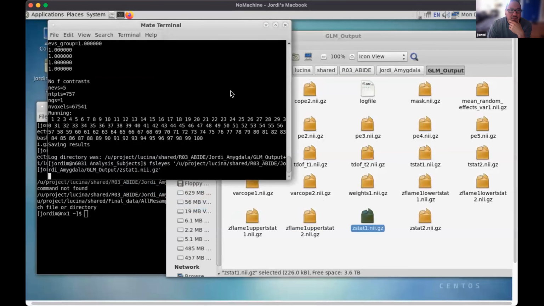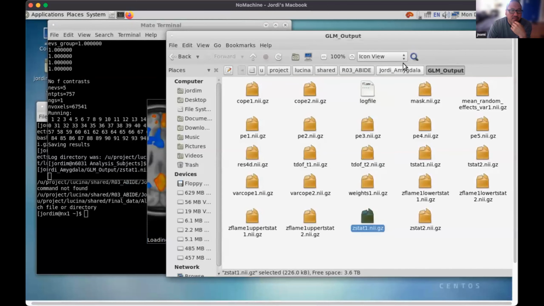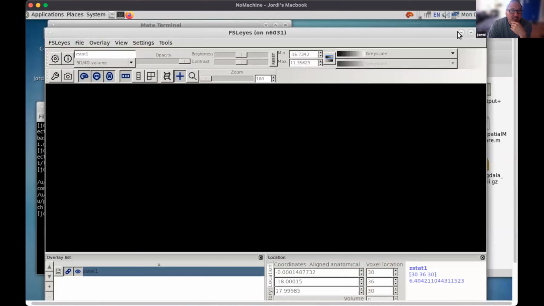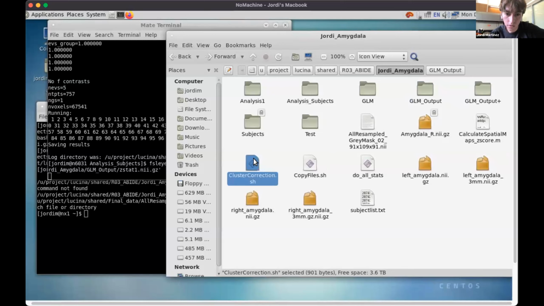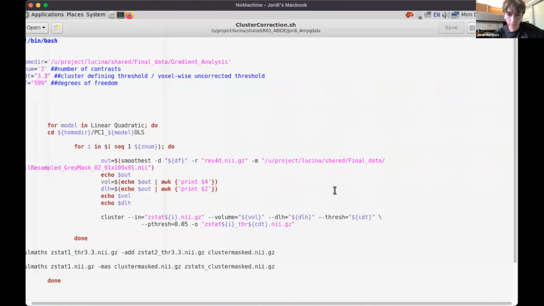Okay, and then go back to your folder, Jordi Amygdala. And then now open the cluster correction.sh. Just double click or do I put it in the terminal? No, open it with text edit. Oh, text edit. Okay, so this is going to apply a correction. What happened was we ran a GLM, it's basically a regression model on each individual voxel, right? So if you look inside of your FSL eyes,